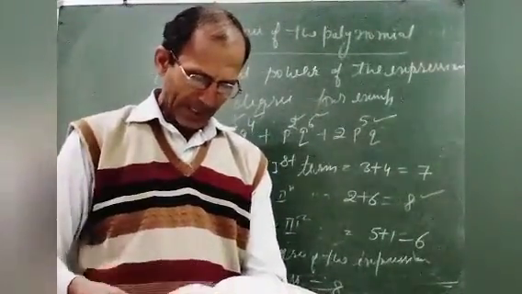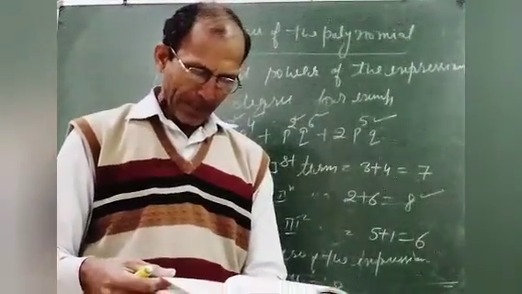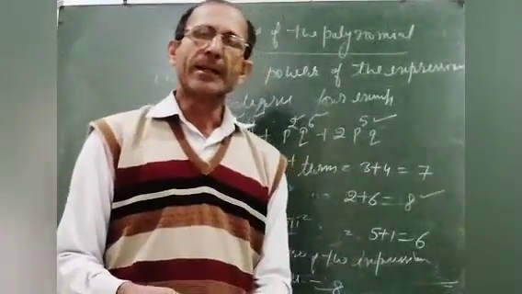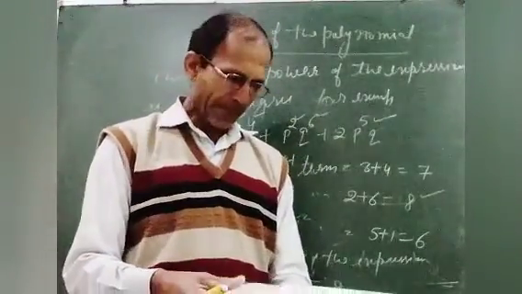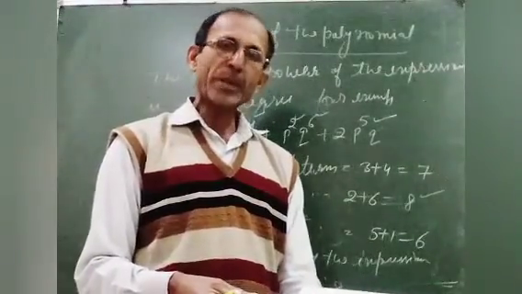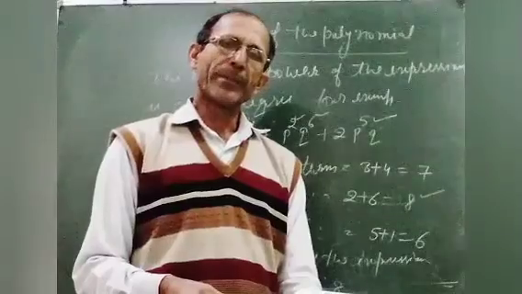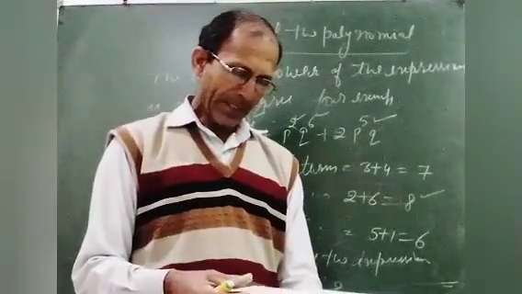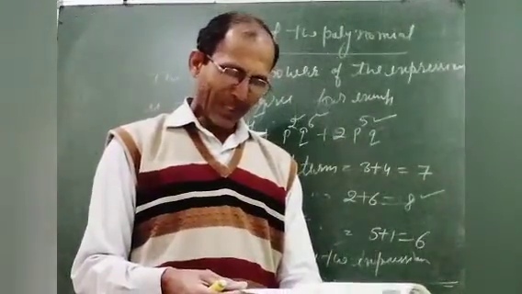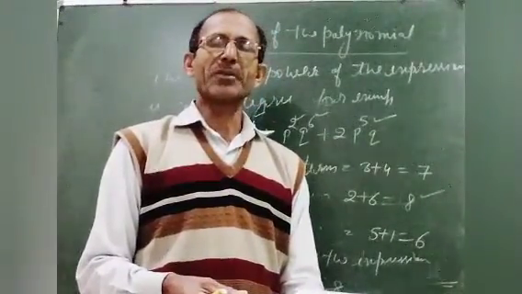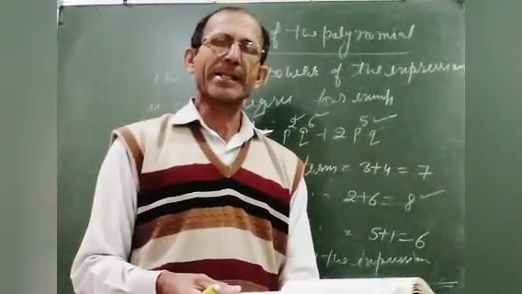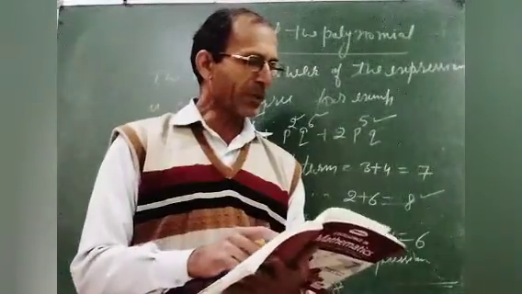Now the second question I am taking. Write the coefficient of x in each of the following. In the first, 3x is there. So what is multiplied with x? 3. So the coefficient of x is 3. In the second, the coefficient of x is minus 4a. And in the third, we have to find the coefficient of x. It is 5y², because we have to find the coefficient of x. So 5y² is the coefficient.